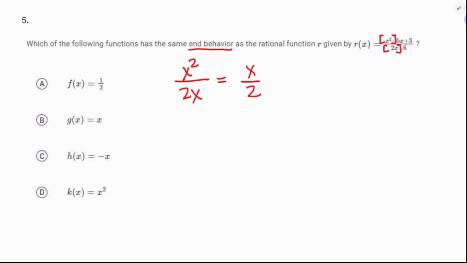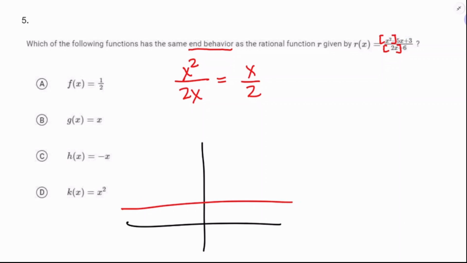Oh, this is a little tricky, right? Because f of x equals 1/2 would be a horizontal asymptote, y equals 1/2. If we had x squared over 2x squared, we would be seeing 1/2. Y equals 1/2, that's a horizontal line. This is not that. Y equals x divided by 2 has a positive slope, it would look about like that. Maybe my scale's a little off there, the slope's a little steep, but all the same, it would have the same